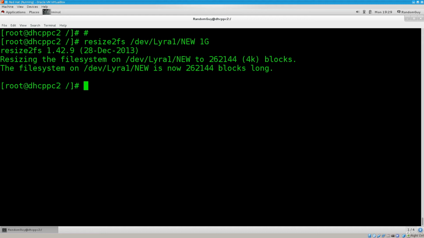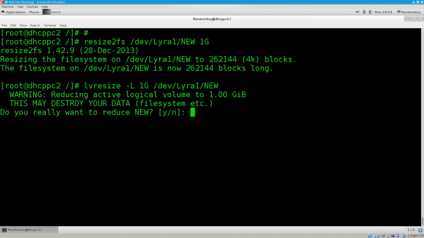Now let's go ahead and resize the logical volume. I think I have it here somewhere as well. I've done some test runs, so we don't have to type it in. There we go. Oh, okay, I've resized it twice. It went down and then I've brought it back up again. So I'll just change the number here to 1, and if I go ahead and press enter, there'll be a